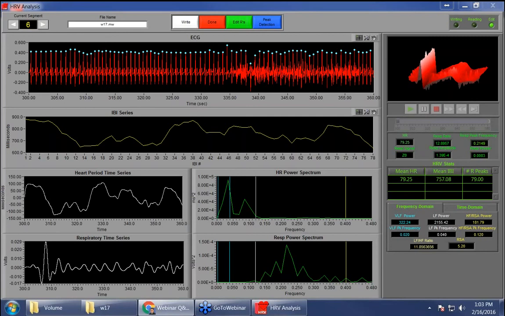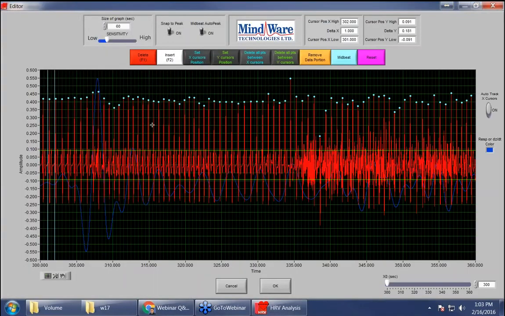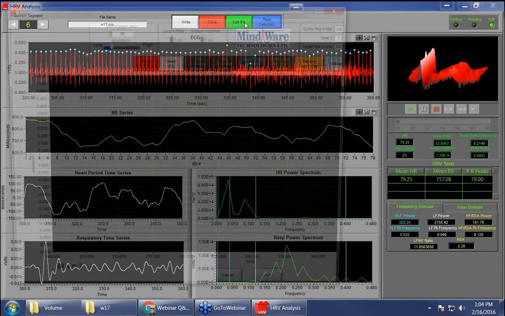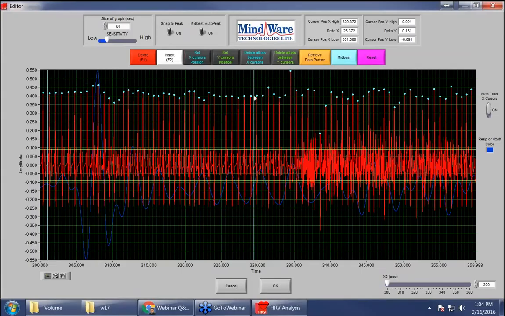Okay, we have a question here about showing how to delete within a segment and not just the beginning. So we can go ahead and show that. Okay, so let's just use this segment as an example. Let's say you had something in the middle of it, let's just say the noise is right here. You still cannot use this. You cannot do this because it's basically going to skew all your stats as it's thinking that the beat right here from about 323 to 330 seconds is one long beat, and I can show you that here in a second. So let's just look at the IBI 75, and then if I delete some from the beginning,